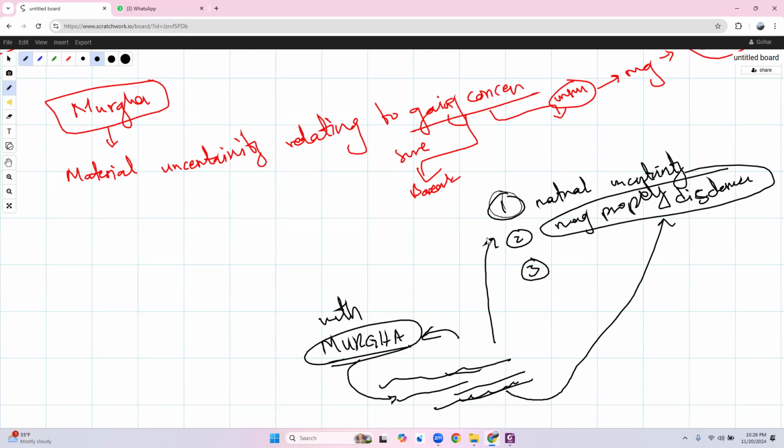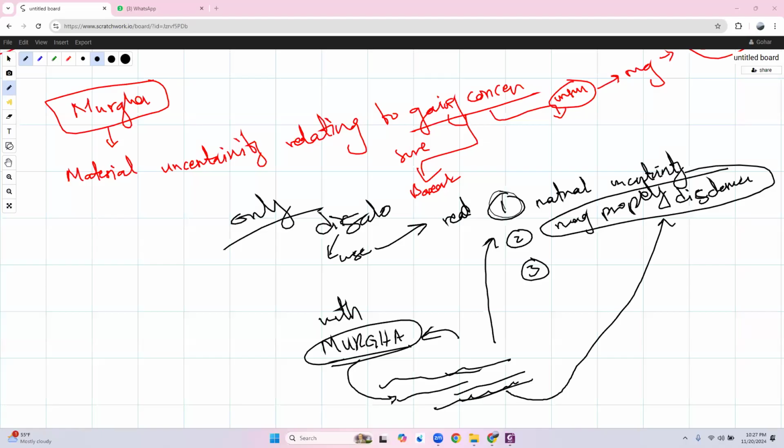Your question might be, sir, what if the disclosure is not properly given? We will discuss it later on. Leave it as it is. But the question that you should ask me right now, sir, is: do we add a Murga paragraph, a material uncertainty relating to going concern paragraph, even if the management has not properly disclosed it, or even if the management has not given a disclosure? Do we still add a Murga paragraph? No. Murga paragraph is only added when the disclosure is properly given, and as an auditor, you